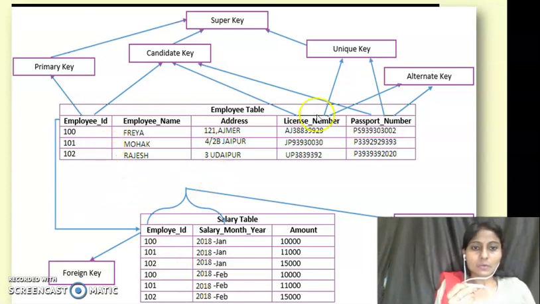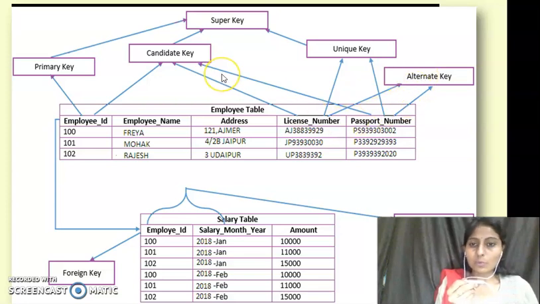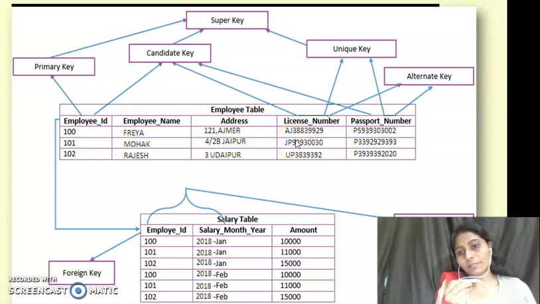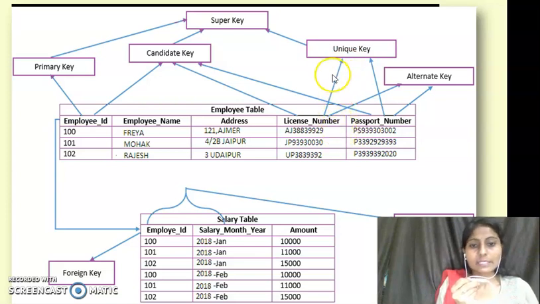So now we will talk about the alternate key. Alternate key: we can make more than one candidate key combination to play the role of the primary key, but at the same time only one combination will work as primary key and the other remaining combinations are known as alternate keys. So here we can set the primary key field in this table like employee ID. The employee ID field can play the role of the primary key, and the license number field can also play the role of the unique key.